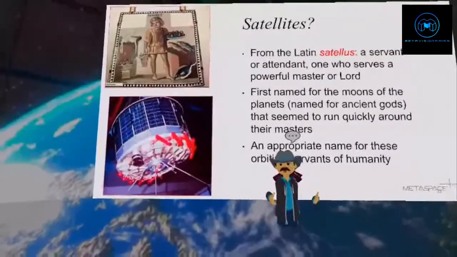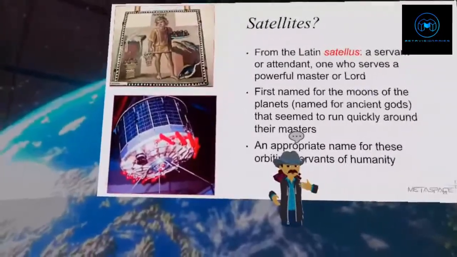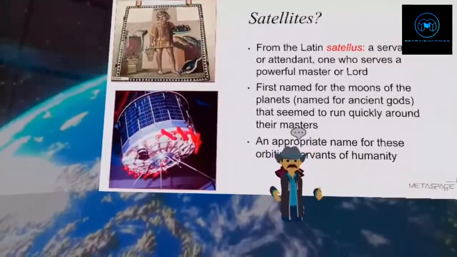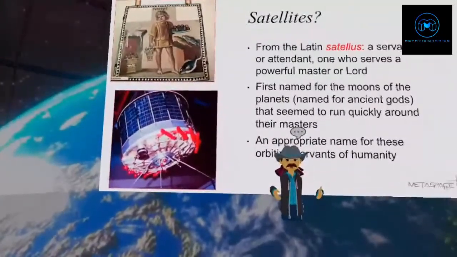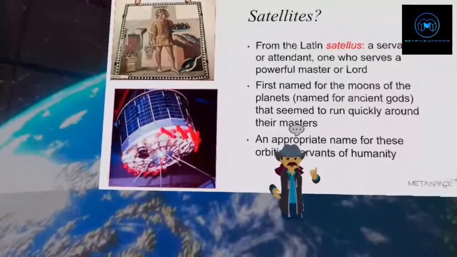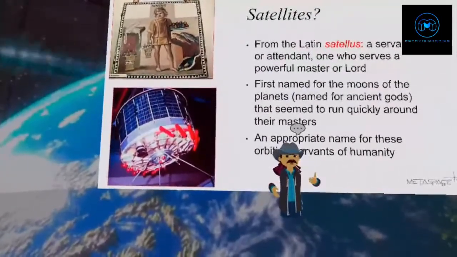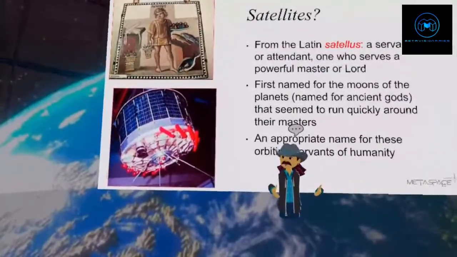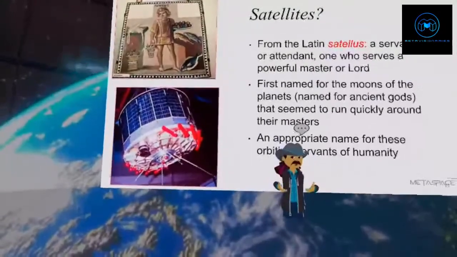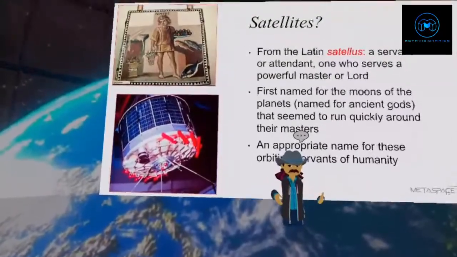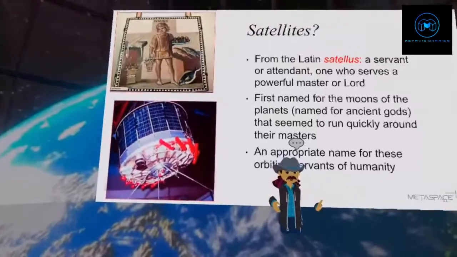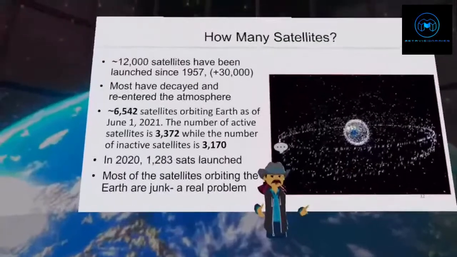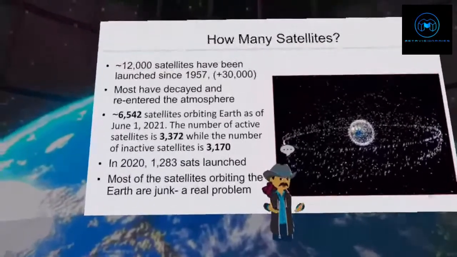It's actually a wonderful name because the satellites that we have today, that Jim Green showed you, these beautiful engineered devices that we operate in space, are satellites. They are servants of humanity. And so next time you hear someone use the term satellites, think about what that term actually means and where it came from. So, and Jim spoke to you about this before, we have a lot of satellites.